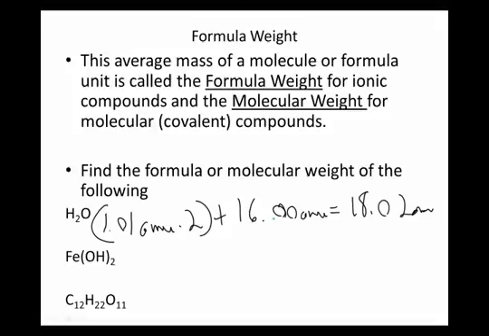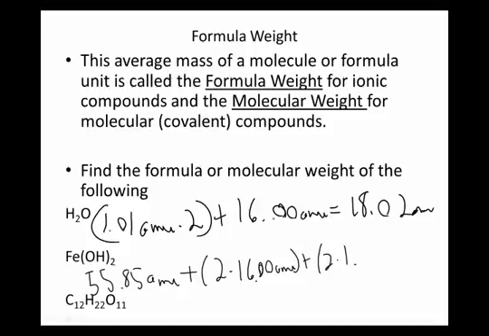Iron hydroxide. So we have to take the mass of iron, which is, sorry, I'm having to look it up, 55.85 AMU, plus 2 times the mass of oxygen, plus 2 times the mass of hydrogen. And that's going to equal